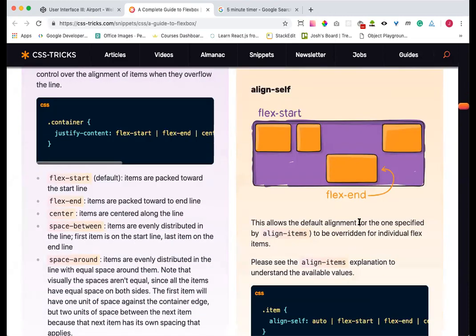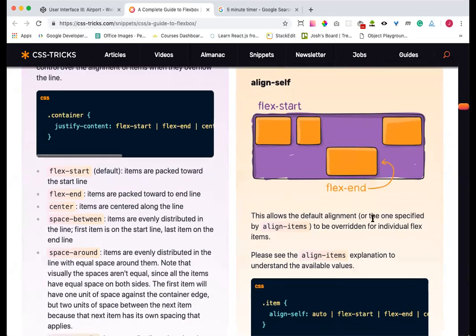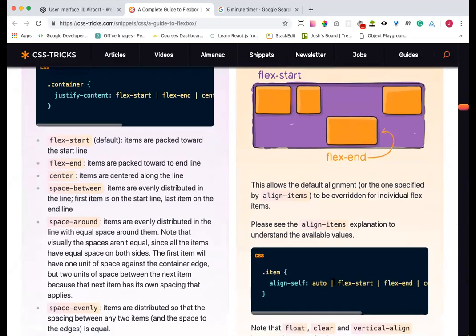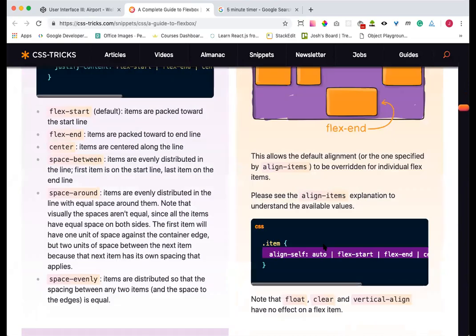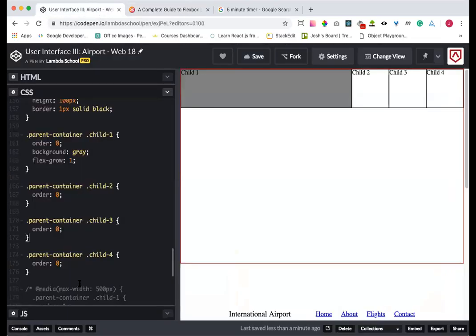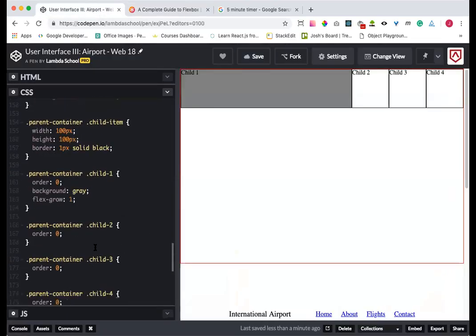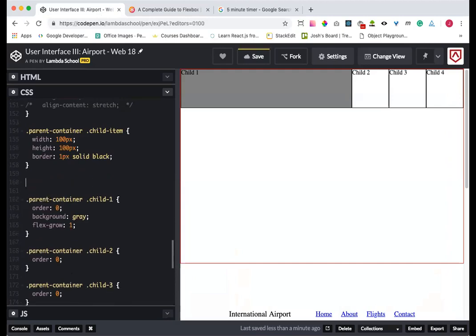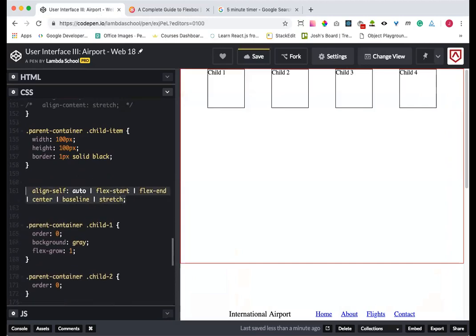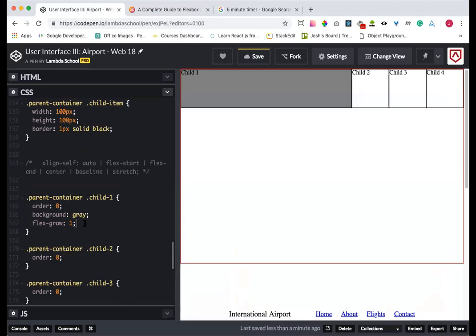And then we have align self. And this one actually is really important. So align self allows us to individually pick out an element instead of grabbing all of them. And so this one is worth talking about. And by the way, it is our last property, because that's it. So if we come in here and we grab, let's put it above child 1, for example. And because we have flex grow, let's see how this thing works. So we'll say align